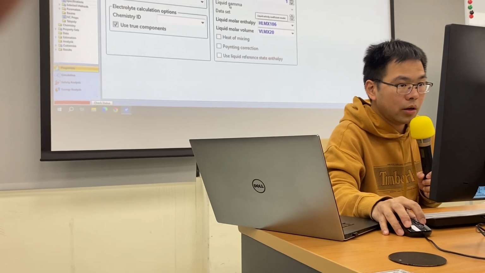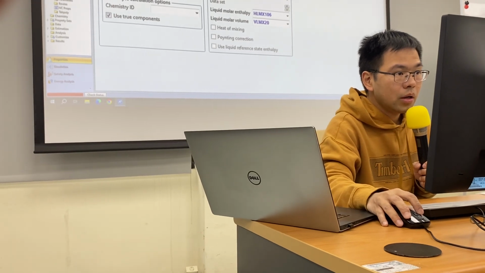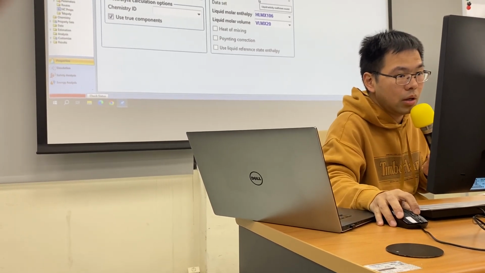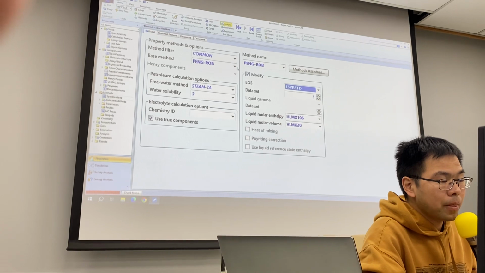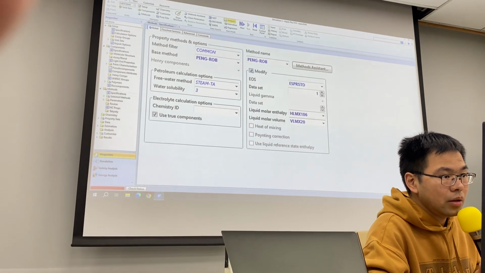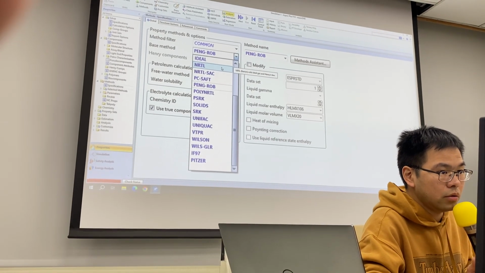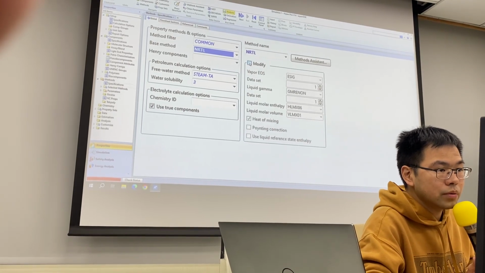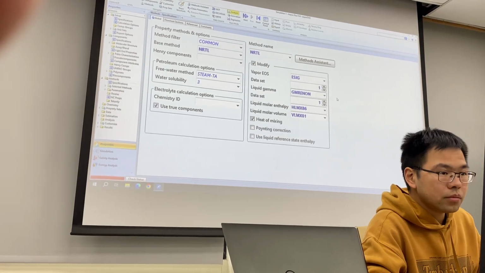And then let's see. For the liquid gamma here, you cannot modify it, because if you choose Peng-Robinson you are using an equation of state, so you don't need to specify the gamma function to calculate the activity coefficients. But let's do this. If you choose the NRTL, for example, and then you still click the modify option,